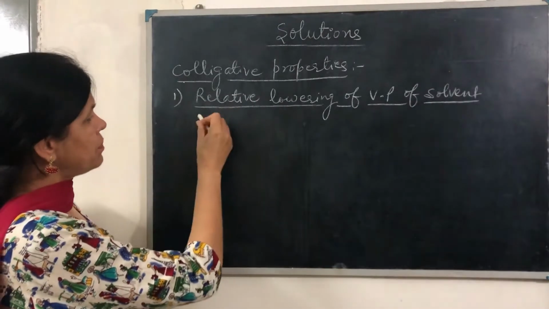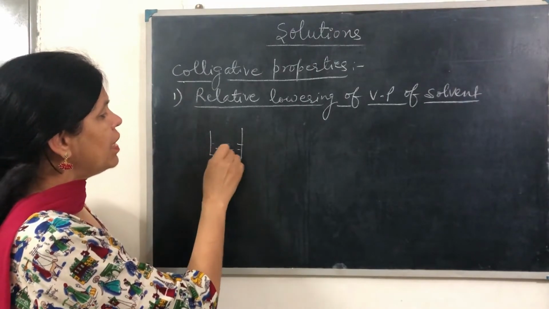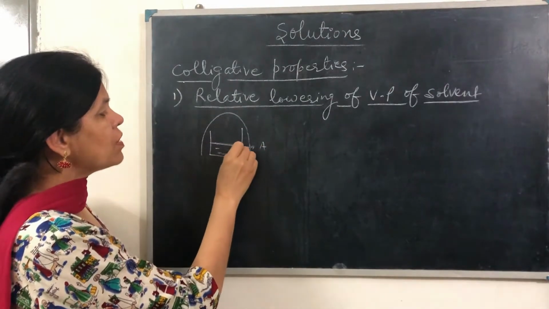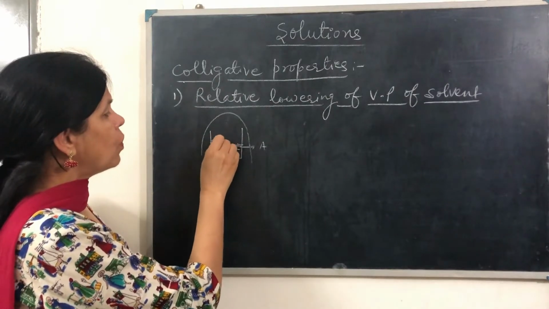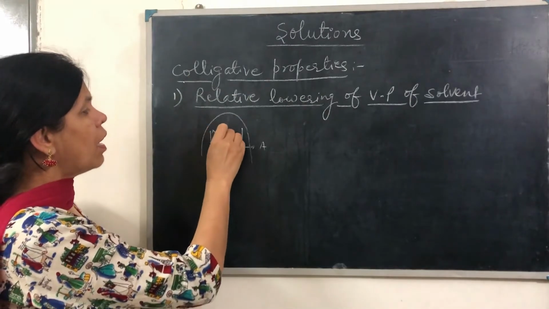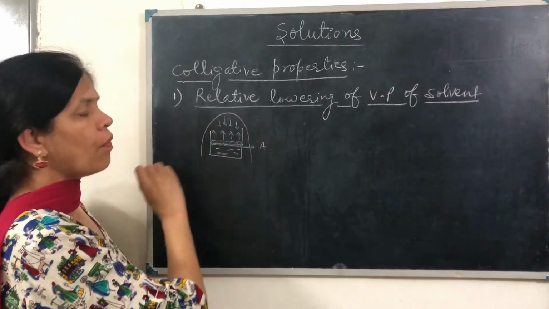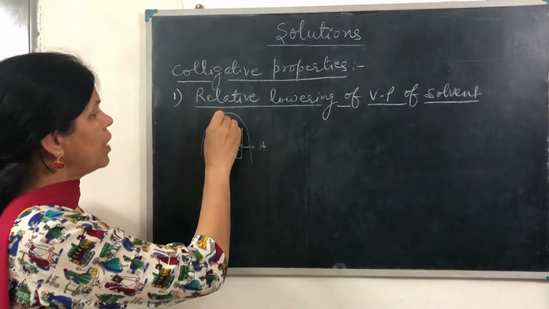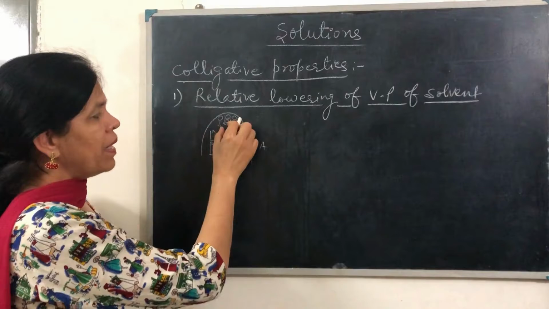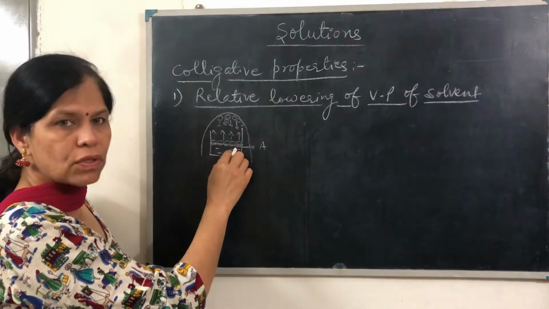So let's see, if you have a container in which some liquid is there, only solvent is there, which is A. It is a closed container. The whole surface of the liquid has only solvent molecules, and all solvent molecules are volatile. They'll undergo evaporation. After some time, condensation will also start, and a stage will come when the rate of evaporation becomes equal to the rate of condensation, and some vapors are formed over the surface of the liquid. The pressure exerted by the vapors, the equilibrium vapor pressure exerted over the surface of the liquid, is called